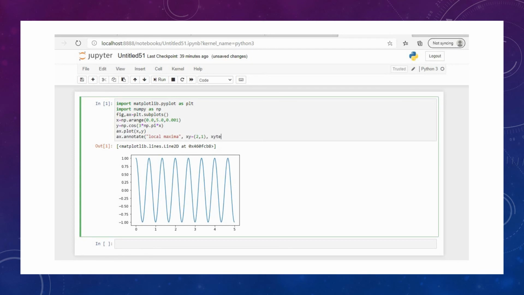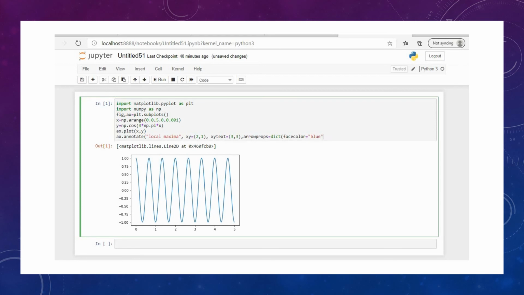Then where to print the text? So xytext equal to 3 comma 3. My text will be at this position and my arrow will point to this location. Now I require an arrow. So I am using arrowprops equal to a dictionary where I give facecolor equal to blue.